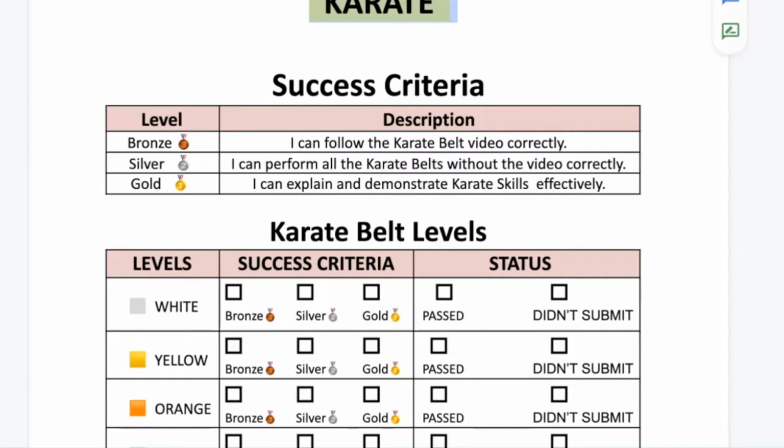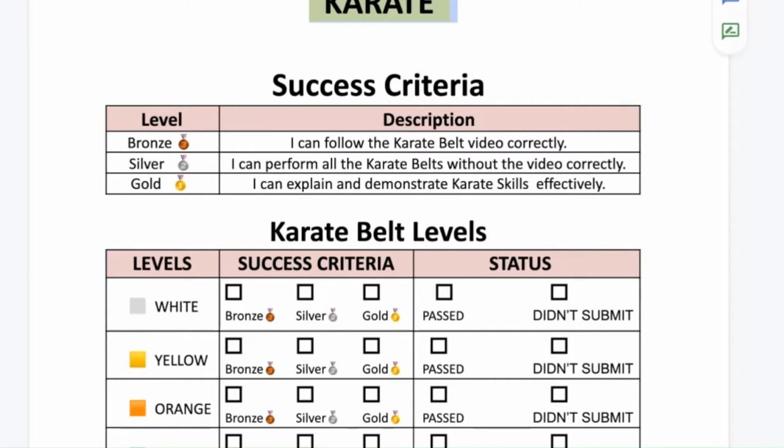So not only can they perform it correctly and effectively, but at the same time, they will be able to explain, compare and contrast the combinations and comparisons of every skill. So in here, I just use very simple language for the students to learn. It is very advisable that whenever you're writing a success criteria, see to it that the words are student friendly, because it's the students who are going to fill out their own form. So that would be the best advice that I'm going to give you.